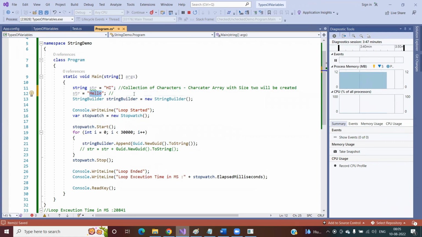So this is another reason why they make the string immutable, because string is nothing but a character array, and we know an array is a fixed size. When this statement is created, one array is created with size 2. And whenever we assign this value, we cannot store it in a size 2 character array. To store this string, we need at least a size 5 character array. So what will it do? It will create a new array and copy this element. This is another reason why they made